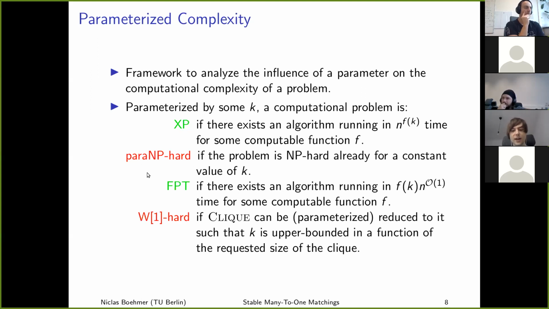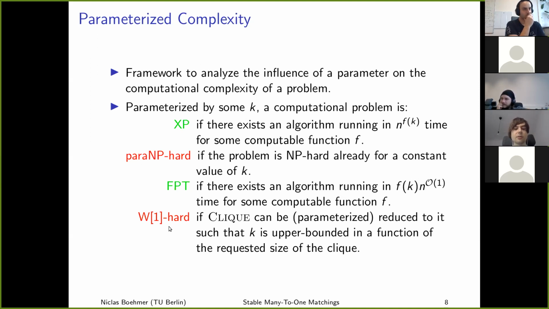There also exists a more fine-grained view, for example, the complexity class FPT, or fixed parameter tractability. We say that a problem is fixed parameter tractable if there exists an algorithm running in some computable function in k times some polynomial in n. What is particularly interesting about this is that the bad part of the running time only depends on the parameter, which gives hope that even for larger instance sizes, the problem still remains practically